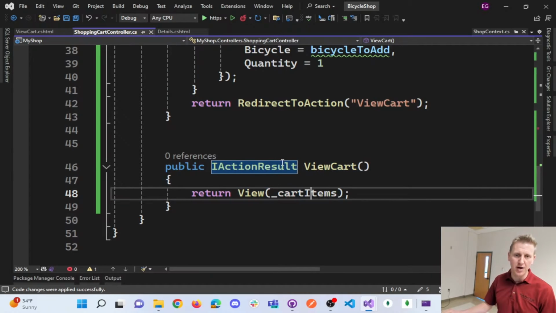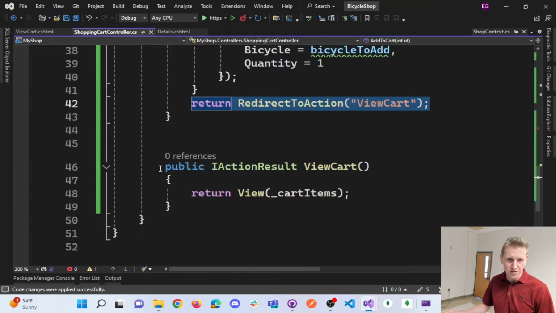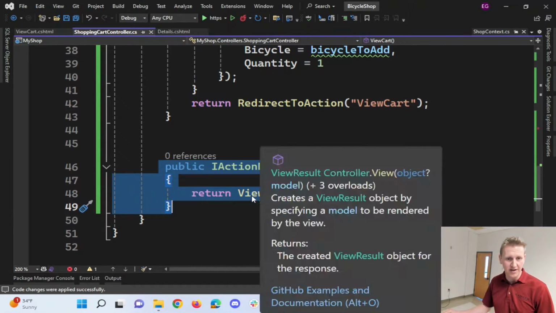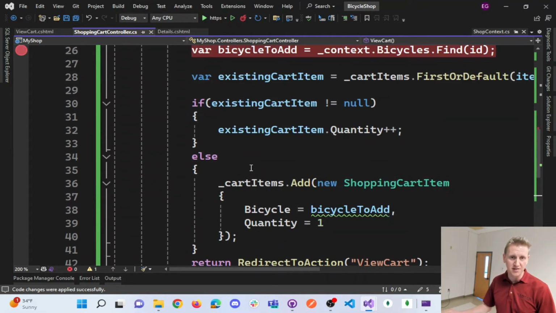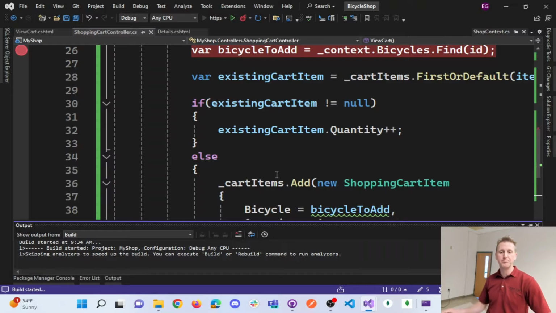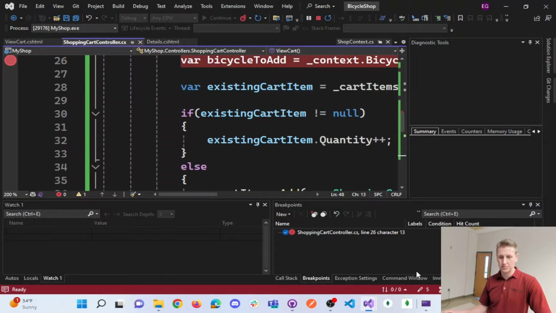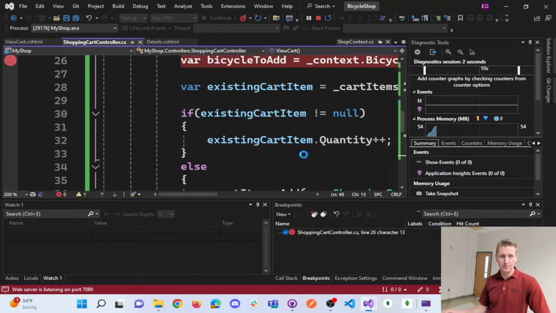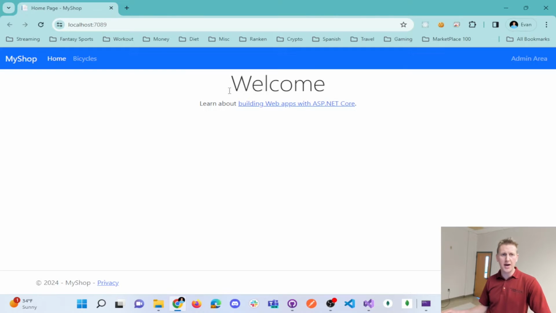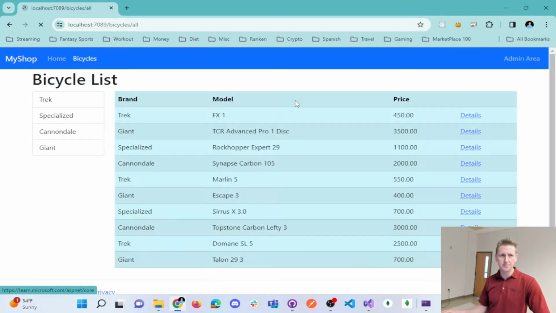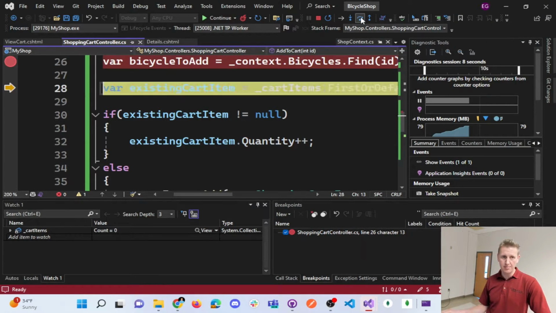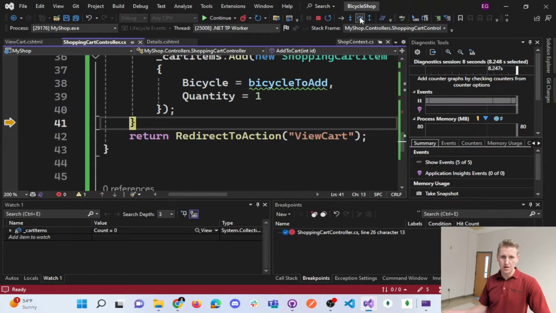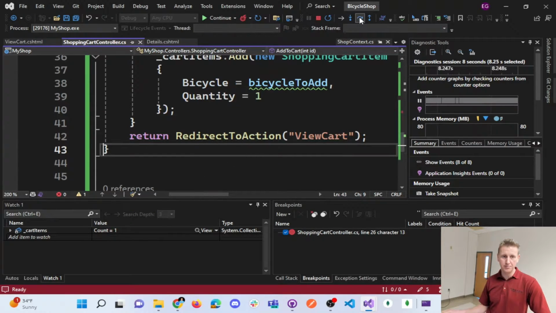And so that's kind of the problem that I'm having. But this line right here should send me to this action right here. And I think that might have solved it. So let's check this out one more time. Let's hit bicycles, details, add to cart, spinning, hop over, add to a cart item,